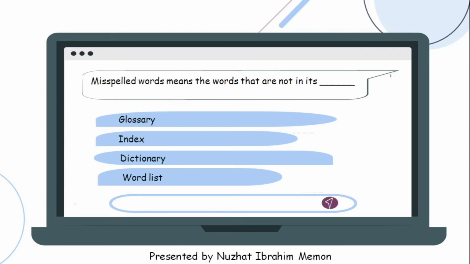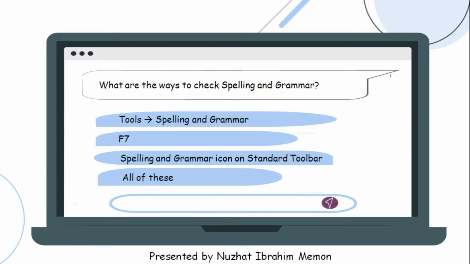Next question we have, misspelled words means the words that are not in its dictionary. The words which are misspelled or which have red wavy lines are not installed in the system's dictionary. Then what are the ways to check spelling and grammar? First, you can go in Tools and go for spelling and grammar.